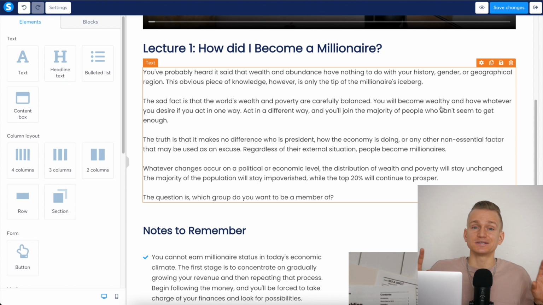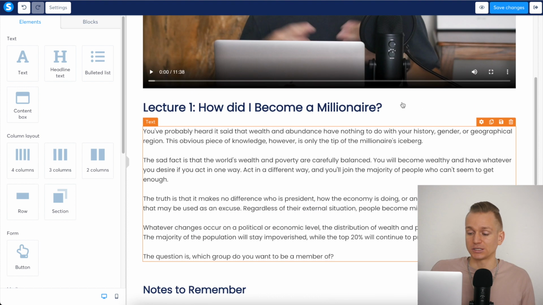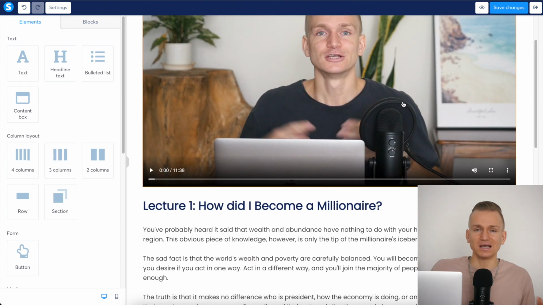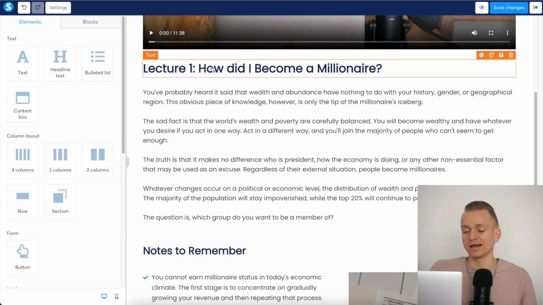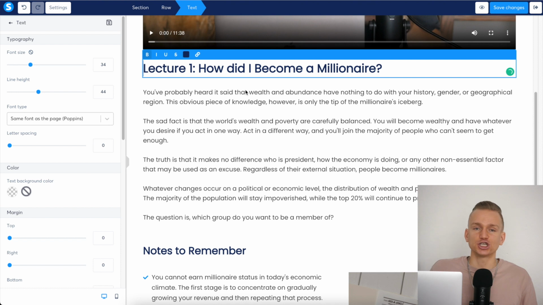When it comes to System, it's a little bit more advanced, and this is what I like quite a lot about this. This is why I wanted to really mention this. So in here, you basically have the landing page builder. You can use that for your lectures. So you can add your video as it is, but then basically I can add here title, I can change, adjust to make this look however I want.